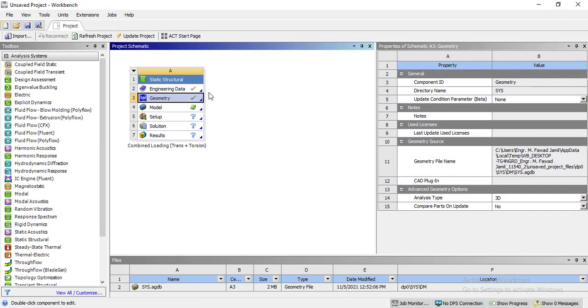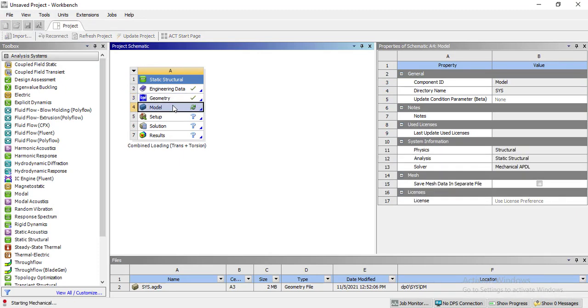Now from the ANSYS Workbench window, kindly open the Model tab by double clicking on it. It will start the ANSYS Mechanical module that is used to define the mesh, boundary conditions, and the results. The ANSYS Mechanical window is starting.